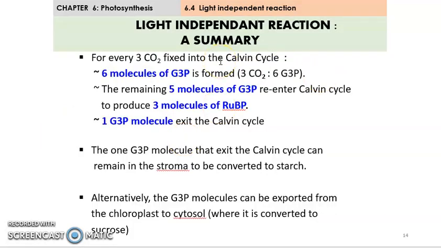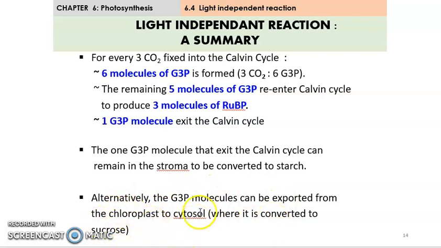Okay, so this is the summary, okay, for light independent reaction. So for every 3 carbon dioxide fixed into the Calvin cycle, ni macam yang kita dah discuss tadi, 6 molecules of G3P are formed, tetapi daripada 6 molecules of glyceraldehyde 3-phosphate, okay, only 1 G3P molecule will exit the Calvin cycle as an output. So lagi 5 will remain, okay, in the cycle to produce 3 molecules of ribulose bisphosphate. And then the 1 glyceraldehyde 3-phosphate molecule that exits the Calvin cycle can remain in the stroma to be converted to starch. Okay, and then alternatively, the glyceraldehyde 3-phosphate molecule can be exported from the chloroplast to cytosol where it